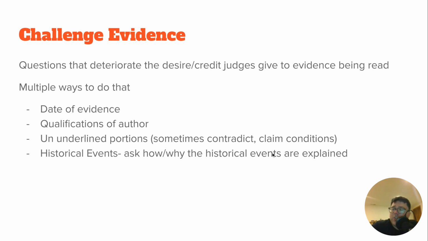There's also qualifications of the author. This is always a dicey one because you got to explain why the qualifications matter. So in a vacuum, i.e. isolated from everything else, the qualifications of an author aren't always going to be the end-all be-all. But if you've watched the How to Extend an Argument, 3 R's and a C discussion, you can know that the qualifications of an author can really be exploited when you're comparing two pieces of evidence. And you can say, this piece of evidence is from a PhD versus someone who writes for Newsweek.